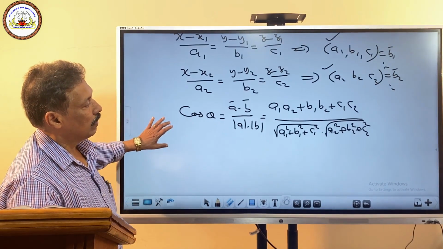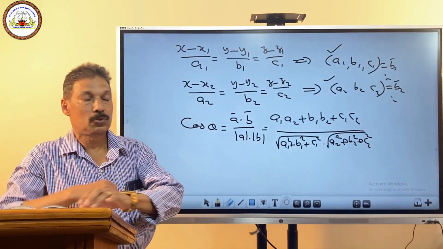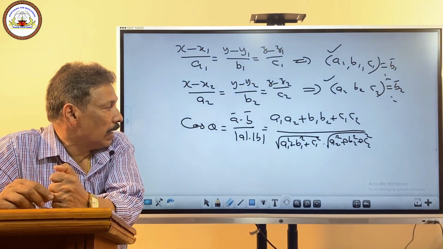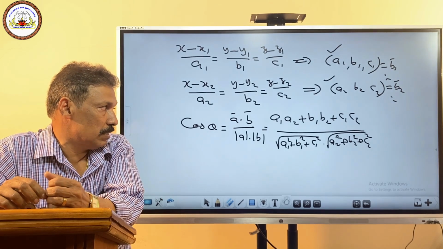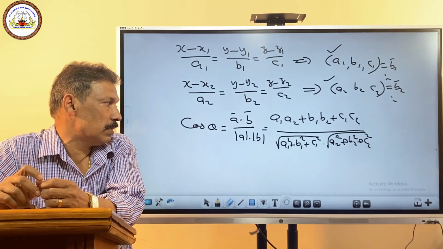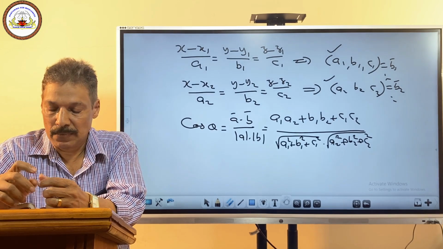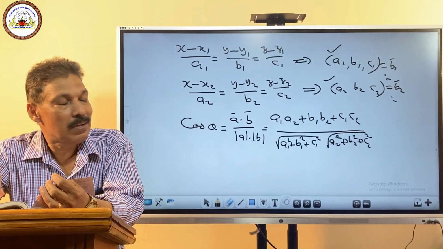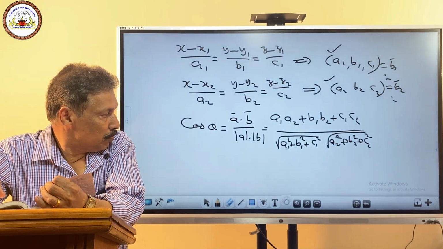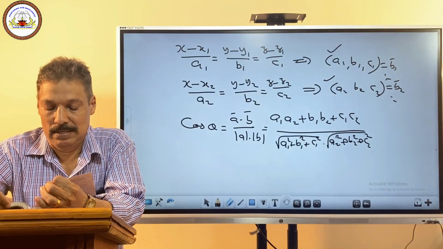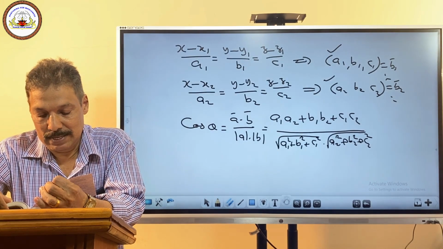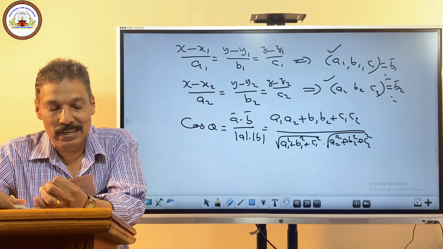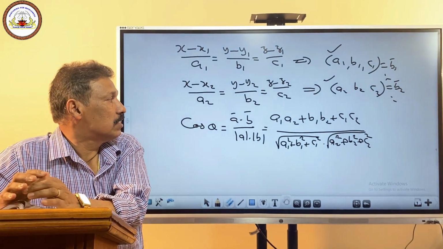We can find the angle between two straight lines in the 3D concept. It is given by the formula cos theta = (a1 a2 + b1 b2 + c1 c2) divided by the modulus of the first vector into the modulus of the second vector. This year we avoid this topic, because some topics are eliminated from our syllabus. But this is an important point at the entrance level also. So we deal with some more properties in connection with these two formulas.